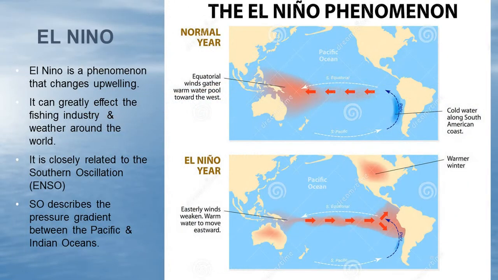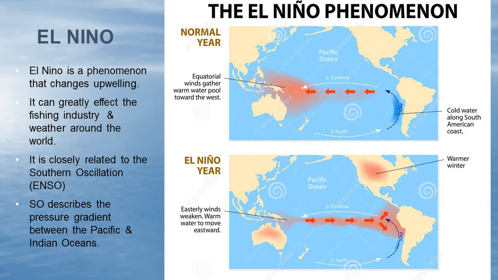You've probably heard of El Nino. It's a phenomenon that changes the upwelling patterns. Normally, you can see in this top picture, we have the heating of the water that comes off the coast. So we have cold water around here moving upward, and then it's going to move over toward Australia this way. Then we have more heating of the water, the warm water, which is moving the other way during an El Nino year. It'll come up here. It actually affects North America quite a bit. We have a warmer and a much wetter winter typically.